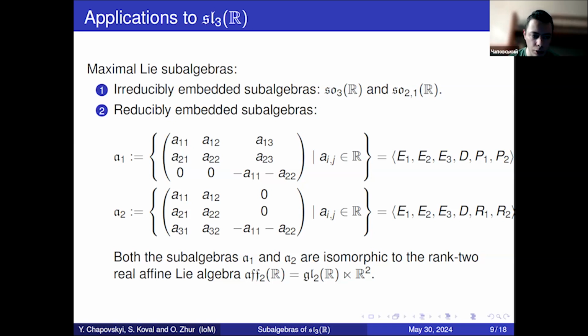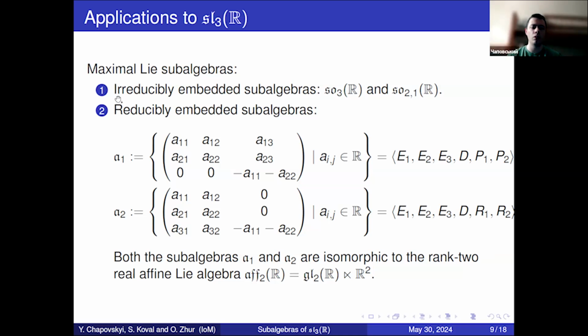SL3 is a simple Lie algebra. So first we have to find the maximal Lie subalgebras. Since it is a linear Lie algebra, we can categorize its maximal Lie subalgebras depending on the dimension of the corresponding invariant subspace. If a subalgebra of SL3 has no trivial invariant subspaces, then